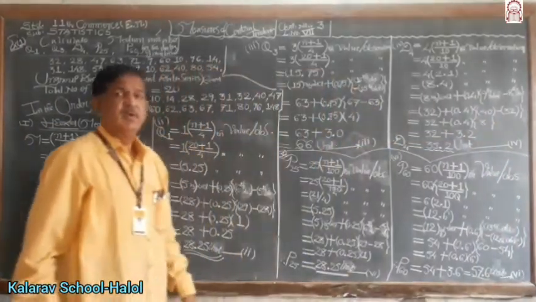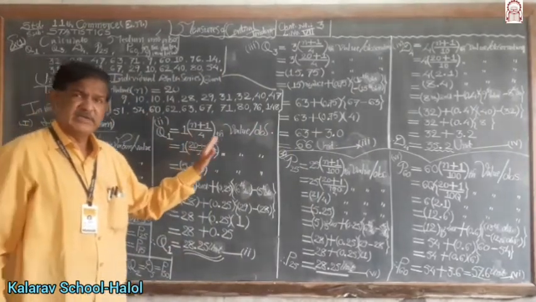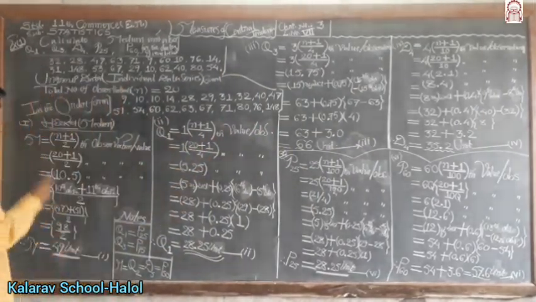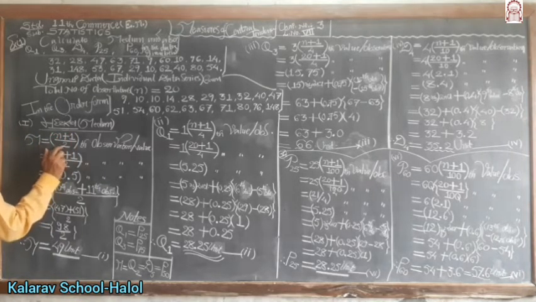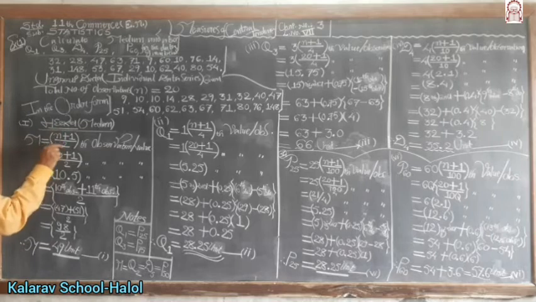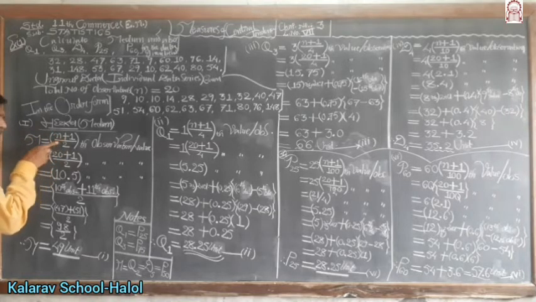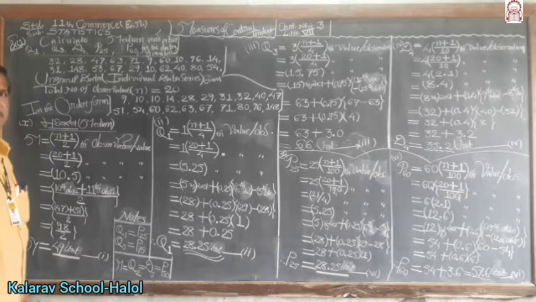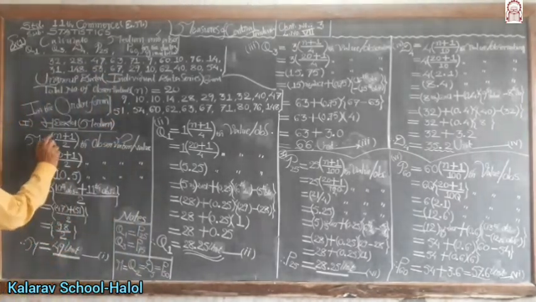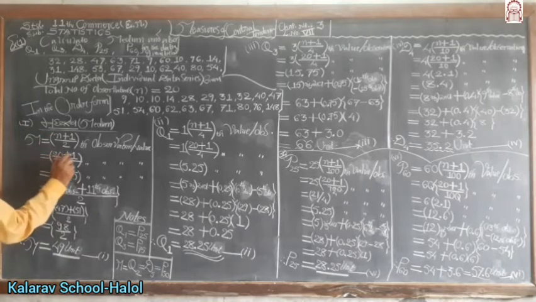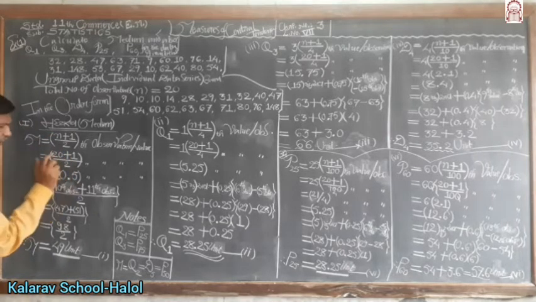Now median, we have computed the median for the same series. So calculation of median is given by (n plus 1) upon 2. In the denominator there is 2 for computing median, because the function of median is to divide the distribution into two equal parts. Total number of observation is 20. N means 20. 20 plus 1, 21. 21 by 2 means 10.5.